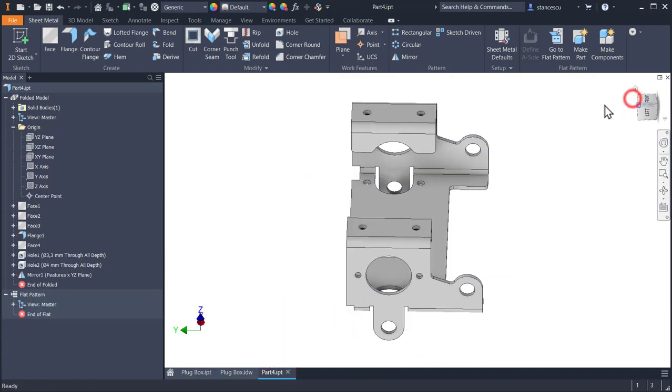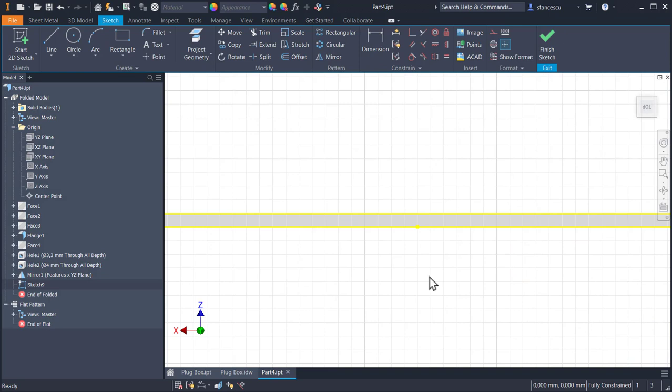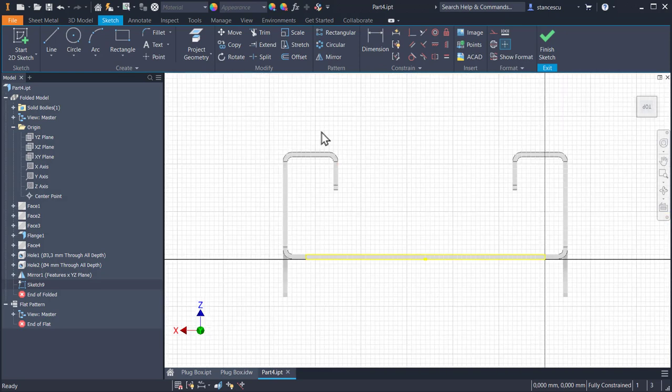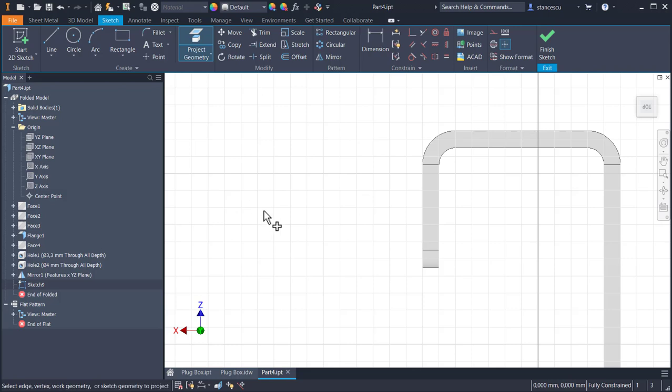We turn the part, as you can see, we select the face and we project geometry to apply an offset of 0.1 millimeters. Offset 0.1,